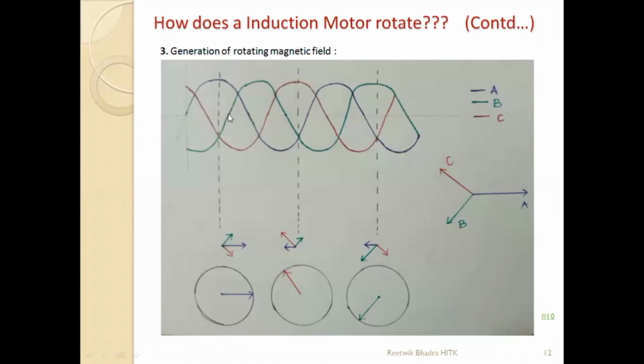This is freehand drawing, don't go after the measurements. This is 120 degree apart. Starting from here, goes over here, goes like this. Now, if it starts from here, this gap is how much? 120 degree. So at 90 degree from this point, there will be a peak, then it will go decreasing. That's why from here to here, it is not achieving peak.